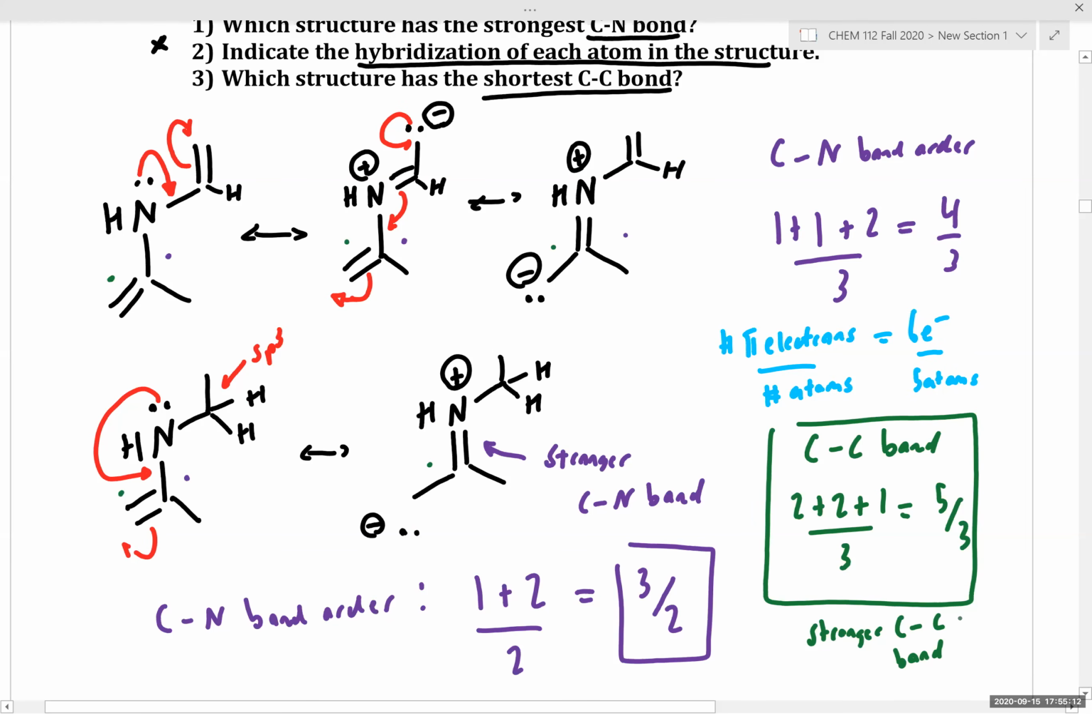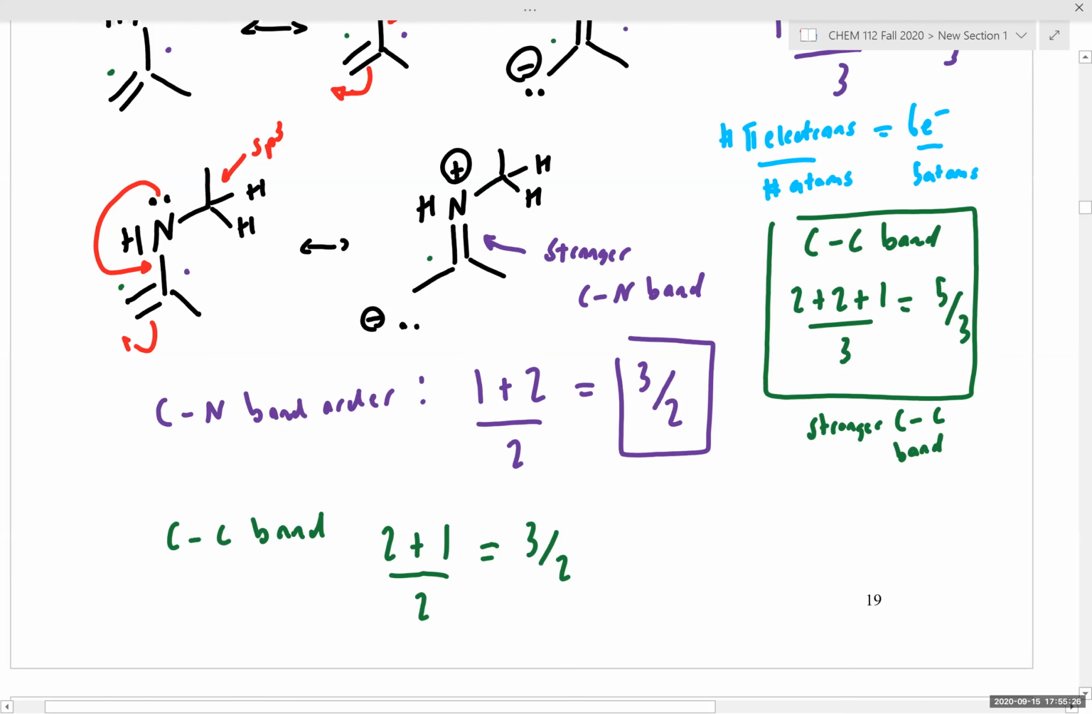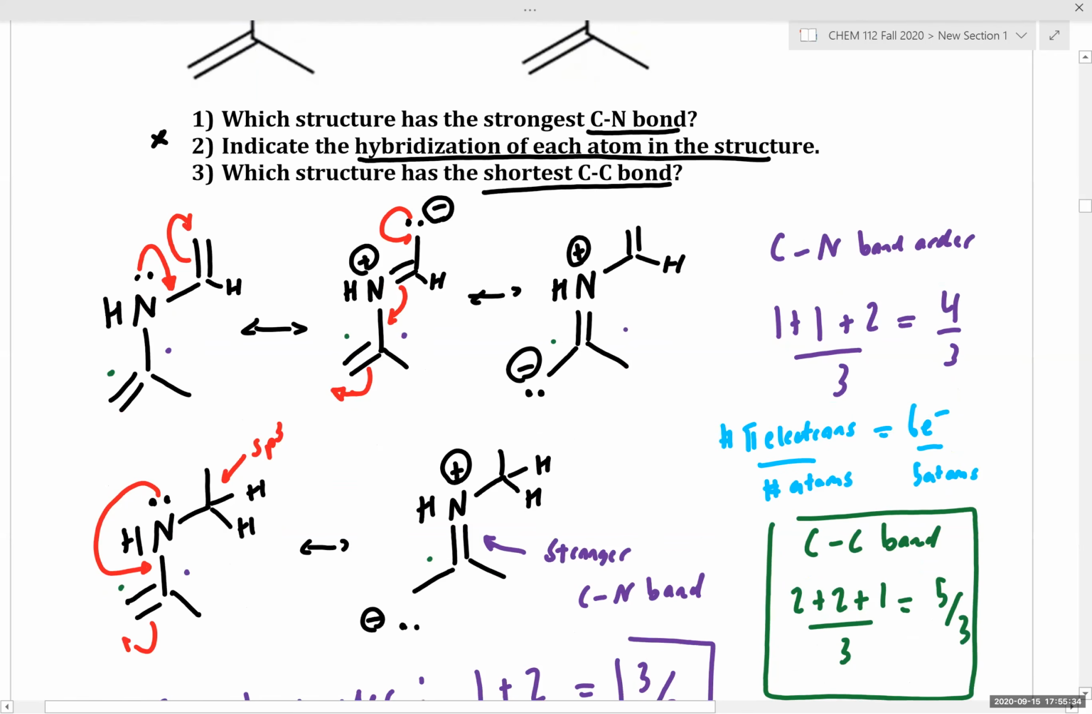So we would expect, just via estimation, that the top structure would have a stronger carbon-carbon bond. Now, of course, the first neutral structure is predominant in each of these resonance structures. So the actual difference in bond order between these two structures is not going to be extremely large. But nonetheless, one thing that you do want to keep in mind,